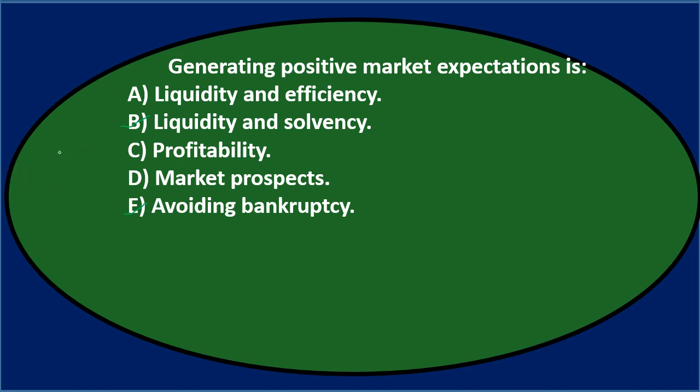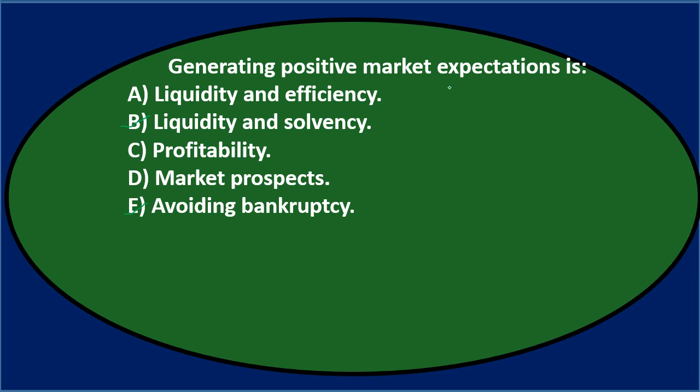Let's consider it again. Generating positive market expectations is either liquidity and efficiency, profitability, or market prospects. And the fact that it has market expectations in there, we would consider possibly then it would be the market prospects. Meaning if we're thinking about market expectations, we're probably taking into consideration what the market data is, usually, in other words, the cost of the stock, which is going to be a primary component because that's what the market thinks. The way we know what the market thinks is to take the current market price